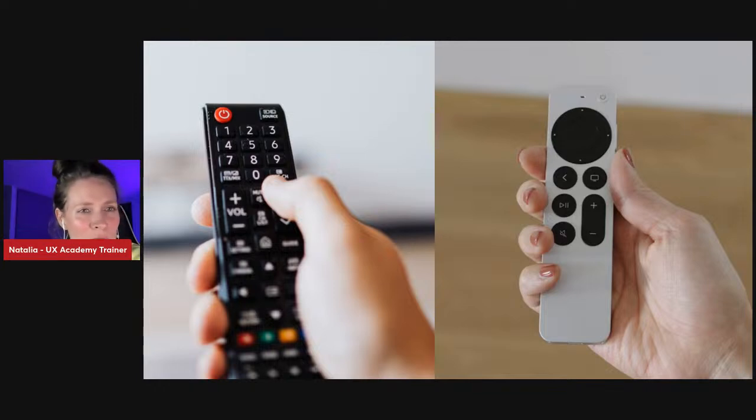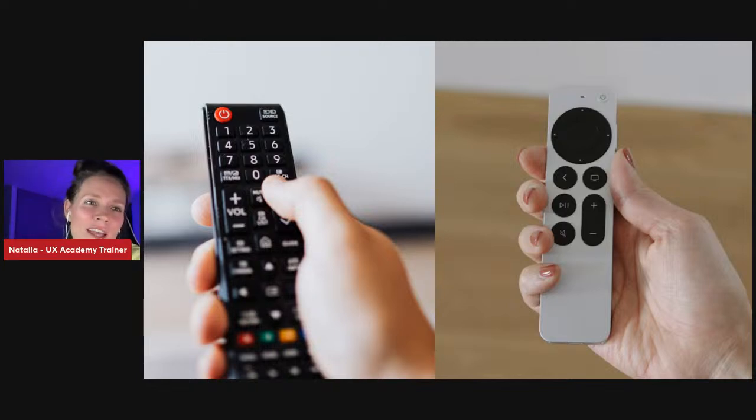And here is the example that I took for you. It's a physical product, but I think most of us feel it, right? On the left side is one of the most common remote controls, right? And on the right side, it's a remote control that was a totally different experience, right? It has fewer buttons. It has a very clear purpose for the buttons. And I think most of us don't know very well all the buttons, or have never tried all the buttons on the remote control that you have at your home.